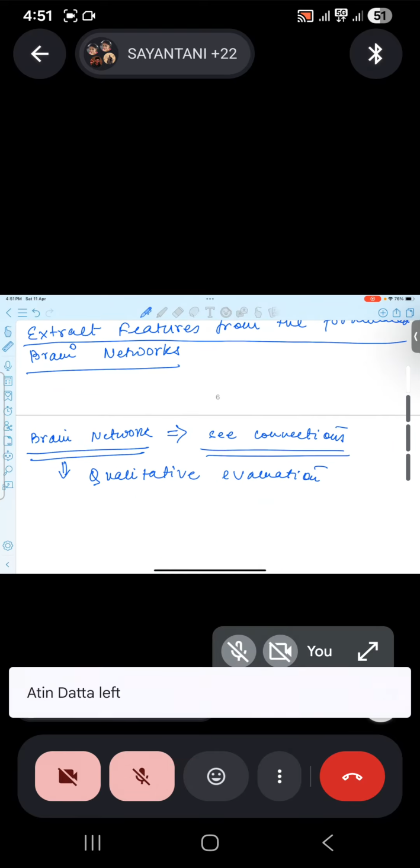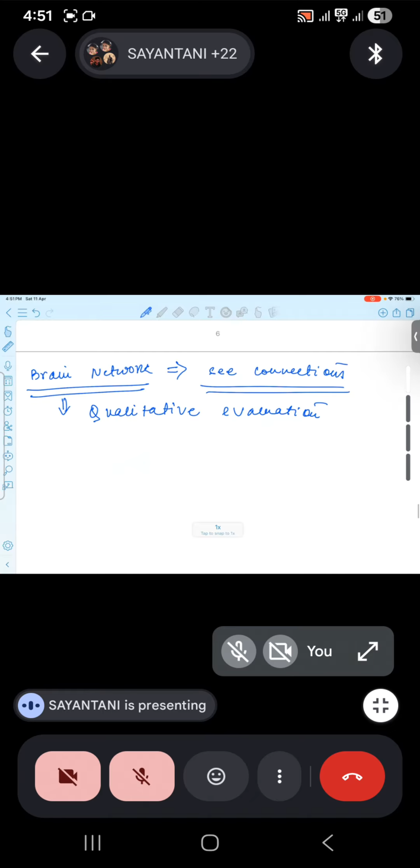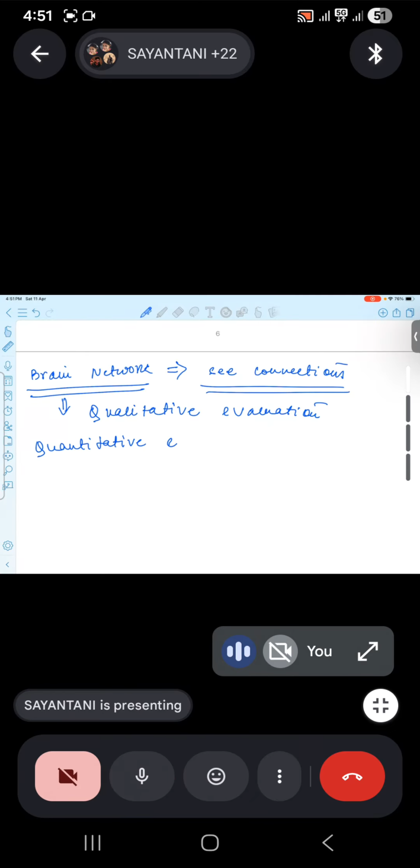Like you've seen, the brain networks are quite complicated. So in order to have a quantitative evaluation,